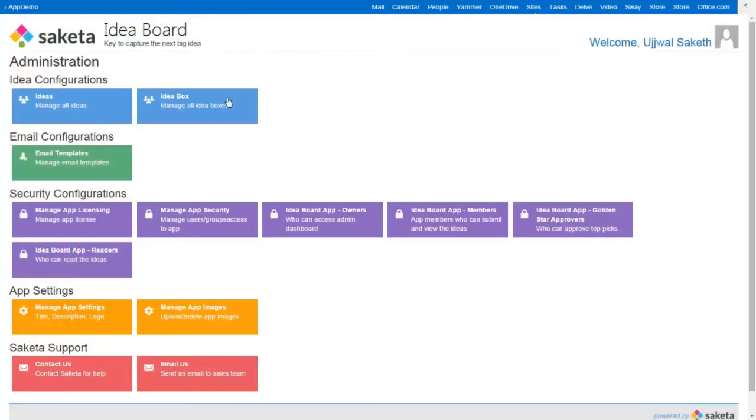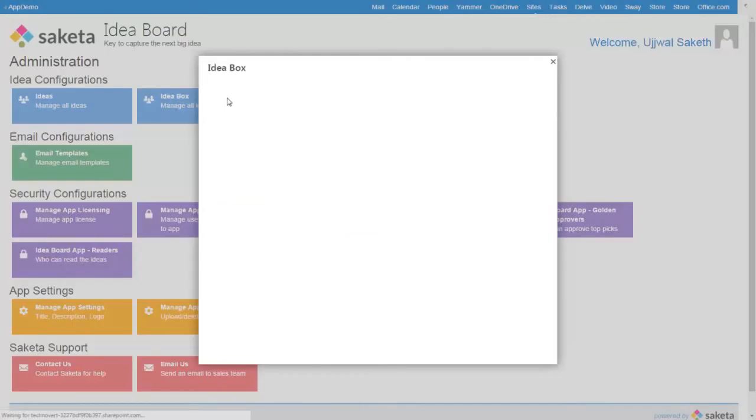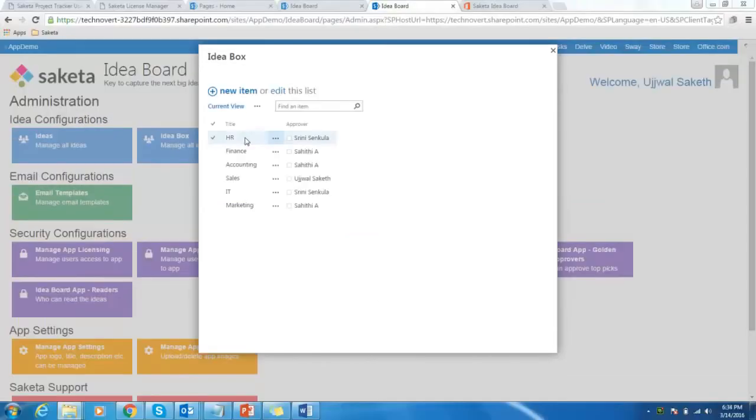The idea box is used to manage the administration of the various idea boxes. By default, we provide these idea boxes, which are really categories in which you want to give ideas. Now, if I want to add a new idea box, all I have to do is click on add new item,